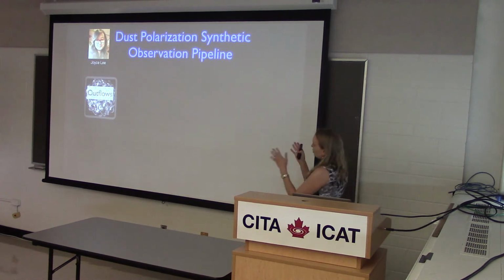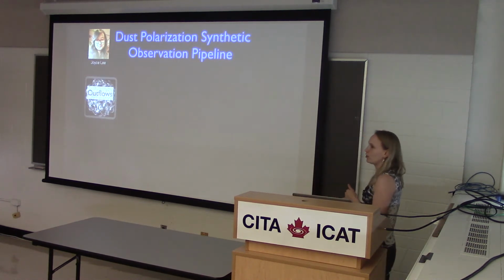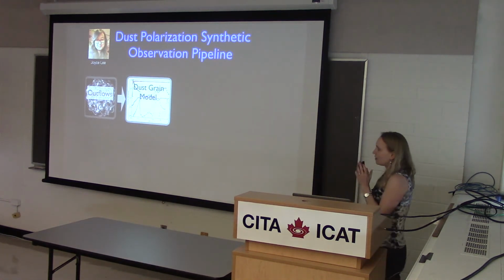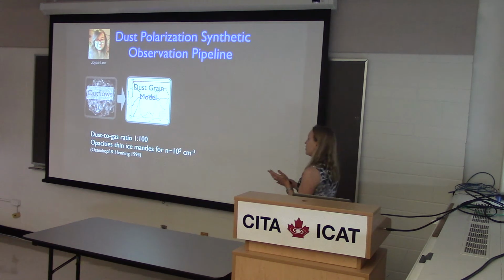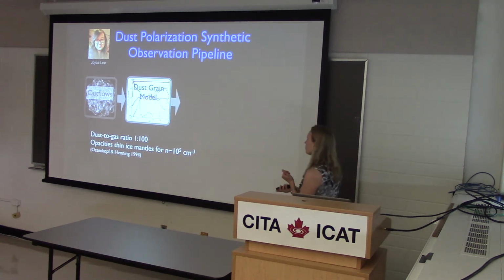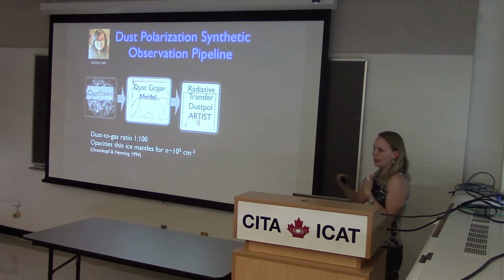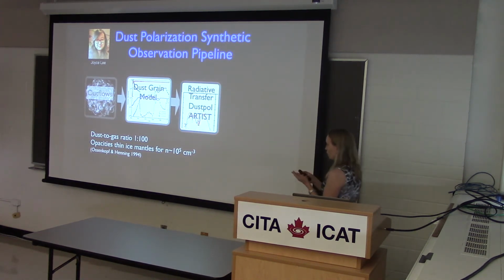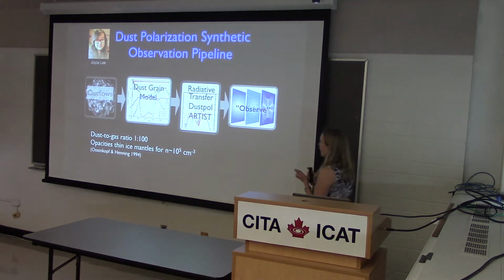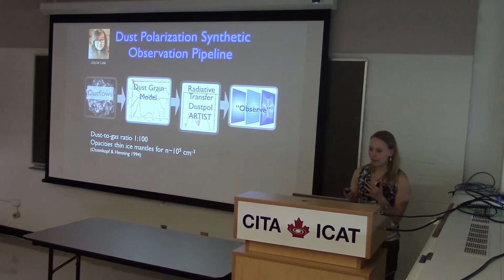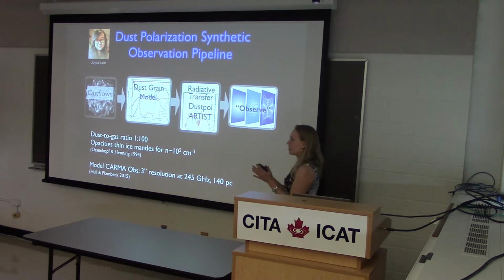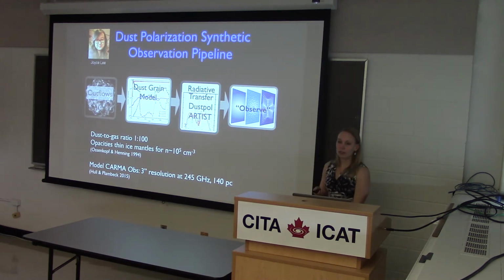All right, so what she did is she took the simulation outputs, which give you the distribution of densities and velocities, coupled these with a dust grain model. In this case, it's a fairly simple, standard icy grain model for a molecular cloud. She then ran this through a dust polarization radiative transfer code, ARTIST, which I believe is publicly online. And at the end, she observed it as if these simulations were being observed by CARMA with a few arcsecond resolution, and as if they were positioned in the Taurus molecular cloud.